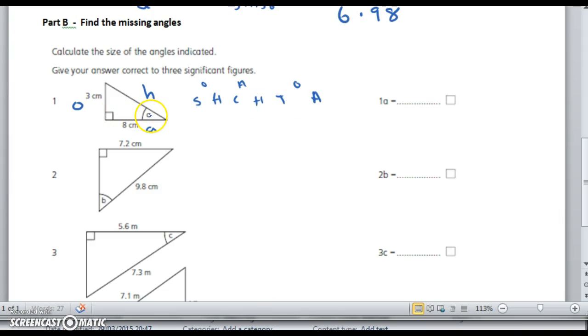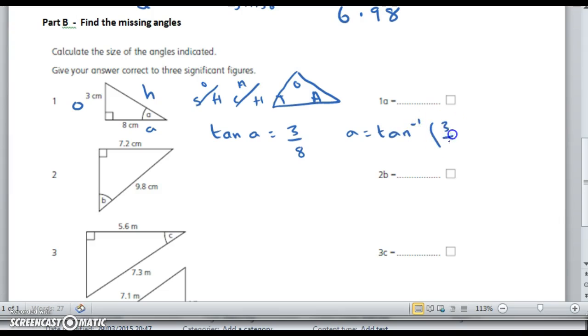We are looking for the angle in this case. We are not interested in the hypotenuse, so anything that's got the hypotenuse in we can get rid of. And we're finding the tan of the angle, which is the opposite divided by the adjacent. So to find just the angle, we need to do the inverse tan of the opposite divided by the adjacent. So if you do that on your calculator,